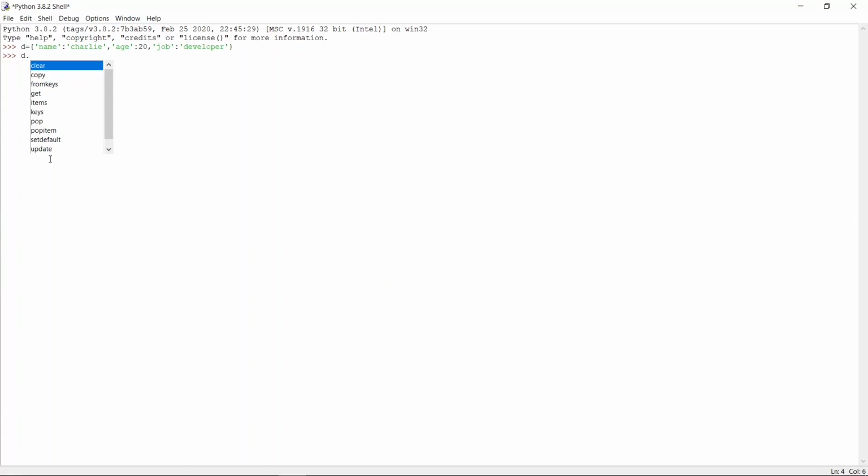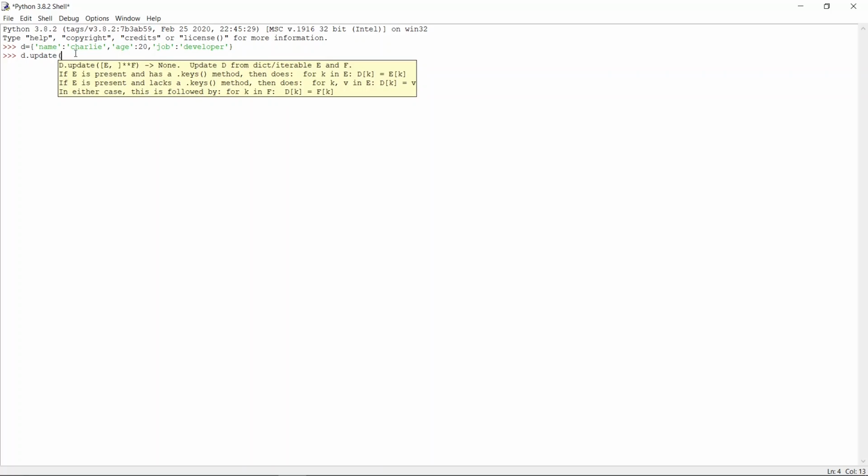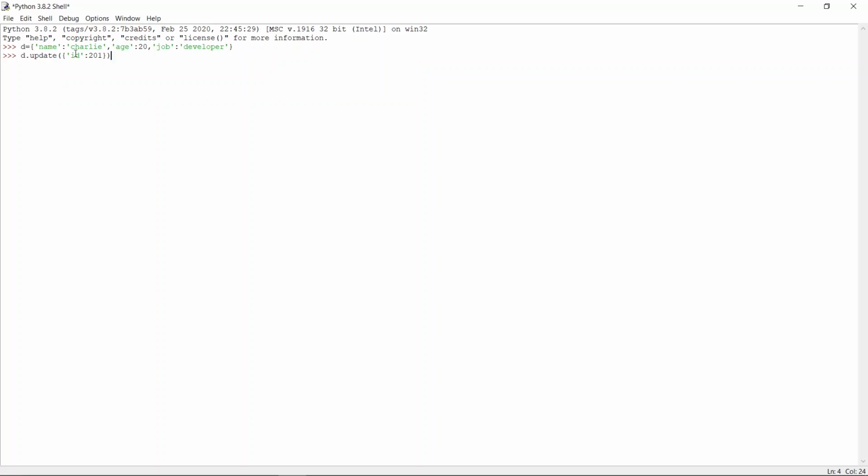So here you can see, friends, the next one is update. So how do you use update? If you want to add any value or insert any value, you can use update. Just enter, you have to mention the curly bracket. So I'm adding id 301, so 201. Just enter, you can add the id.